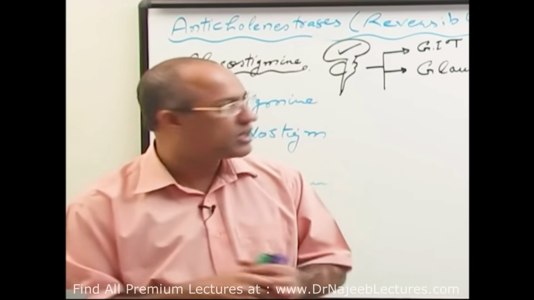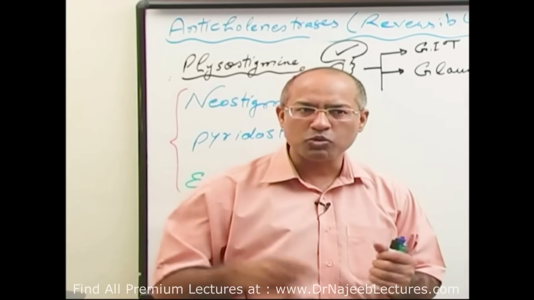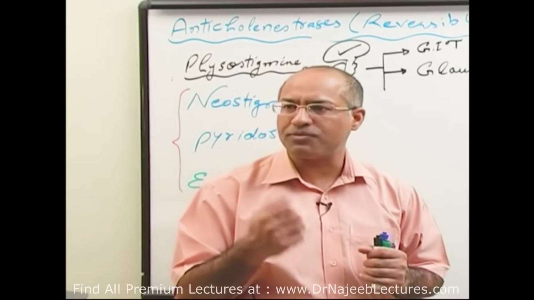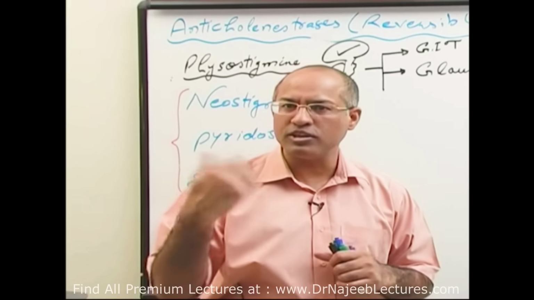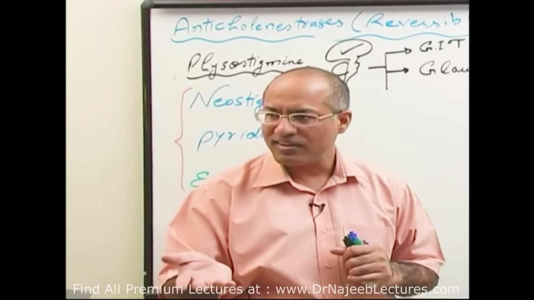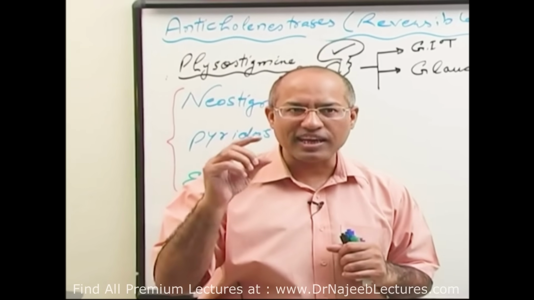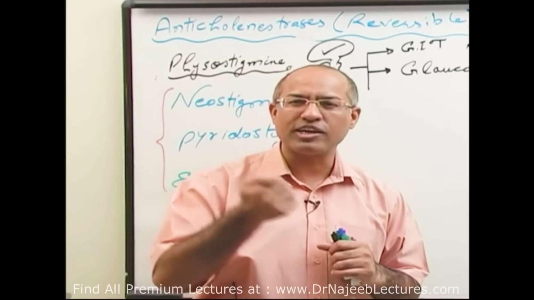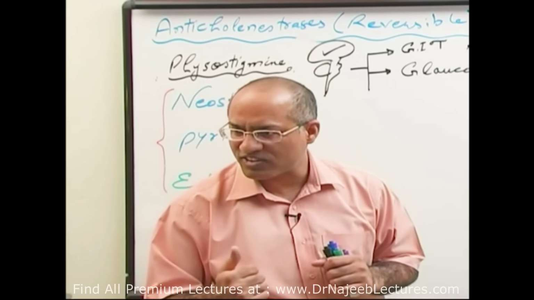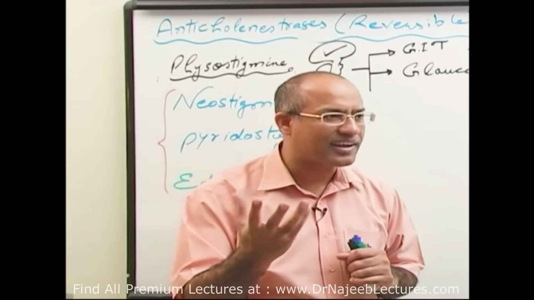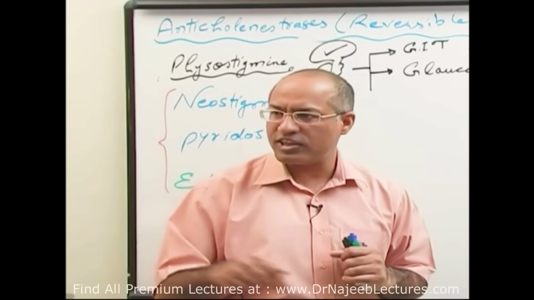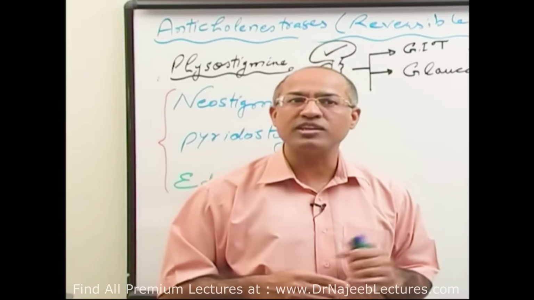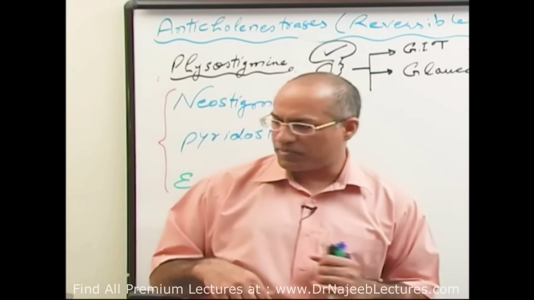You can understand, of course, when miosis will be there, the base of the iris will be lifted away from the angle, and it is good in case of angle closure glaucoma. And when ciliaris contract, it produces a traction or pull on the trabecular meshwork at the angle, and that enhances the drainage of aqueous humor, and that is good in case of open angle glaucoma, right?